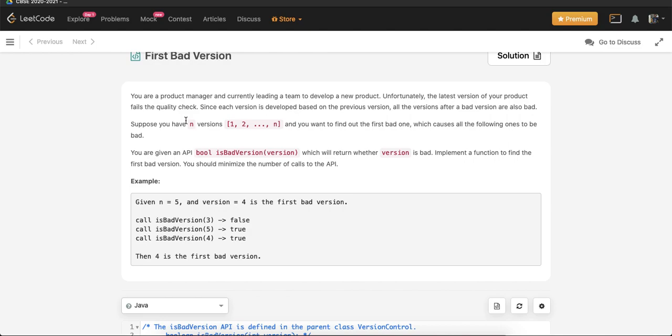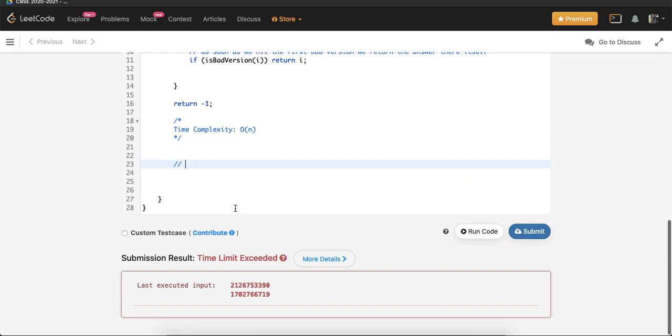Right? So what we can do now is, can I use some other form of searching where I can reduce down on the complexity aspect? The other searching which we have studied is binary search. Now let's talk about binary search.